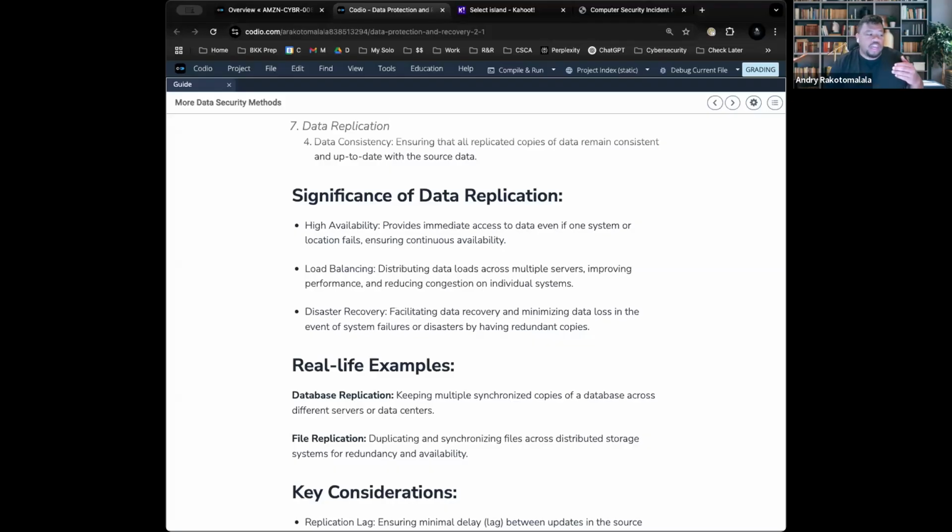If you were to describe what we learned today, you'd say, hey, we learned about resilience and redundancy. Resilience is the process of making sure we're able to bounce back quickly if there is an incident. Data replication is a part of resilience. Data replication is a part of redundancy because redundancy is having backups on backups on backups. Data replication is a part of having those backups. Great question, Saida.